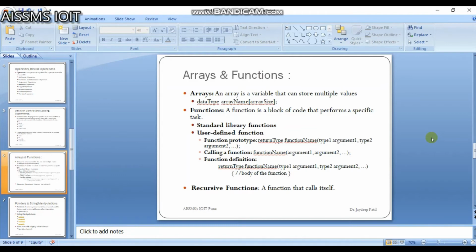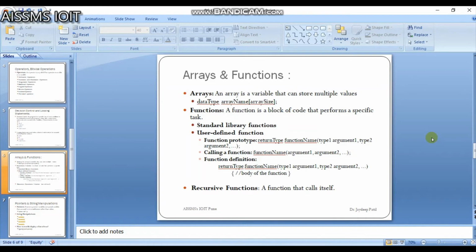The function prototype is just a return type, function name, with arguments. You can call it in our main or anywhere in our program. And you need to define the function with the syntax: return type, function name, with arguments, along with the body of the function.